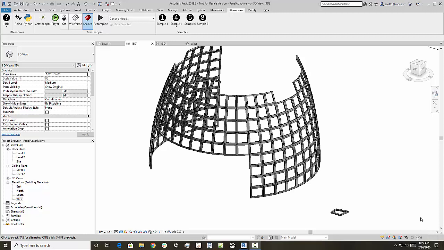Hey everyone, this is Scott Davidson, and I thought today we'd take a look at adaptive components in Revit and running Rhino.Inside and Grasshopper to run them. And it's quite interesting. It uses a lot of what Revit does natively, and then it uses a little bit of Grasshopper. So just to get you oriented on how this gets set up, the first thing is